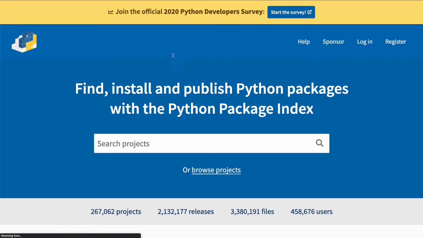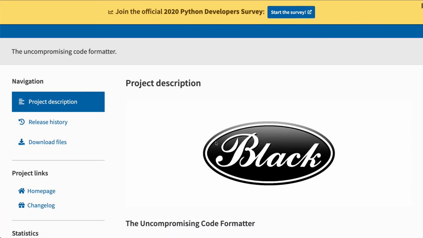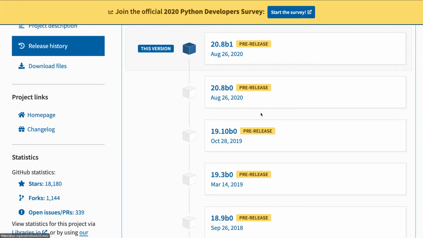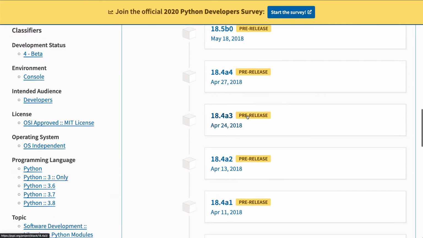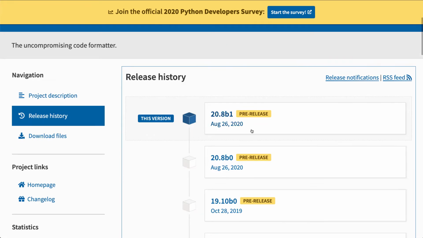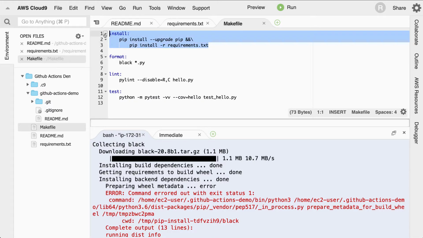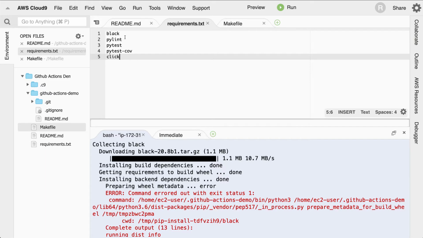Okay, and if I type in black, we could probably go back in history here and find maybe, oh, I guess it's still kind of a beta product. So yeah, maybe what I do is just say, look, this is too cutting edge. I'm going to take this one out. And what's nice is I got to see this really quickly by having this simplified install step. So what I'll do is I'll just take this out,